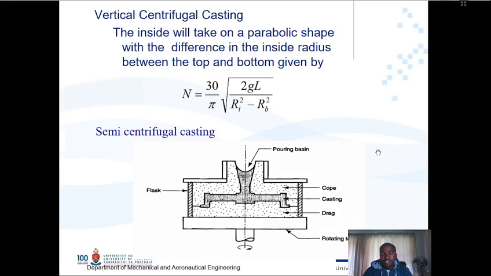So you can use this method to manufacture tubes in the horizontal direction or in the vertical direction. When you manufacture in the vertical direction, you need to look at this equation to calculate your revolutions per second or your rotational speed. The reason for this, and you can start seeing, is that we now have two R values. One will be the R value at the top, and the other will be the R value at the bottom. This is when you have a vertical tube that you need to manufacture, and you will never have these two equal to each